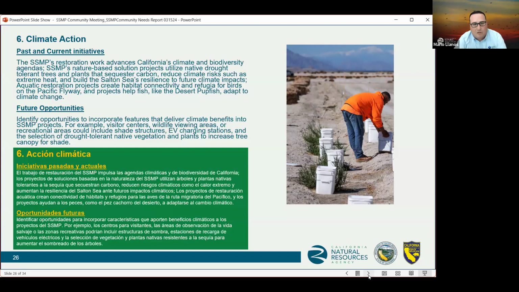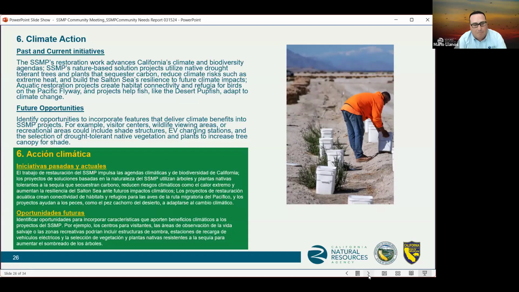Future opportunities include identifying opportunities to incorporate features that deliver climate benefits into SSMP projects. For example, visitor centers, wildlife viewing areas, or recreational areas that could include shade structures, EV charging stations, and a selection of drought-tolerant native vegetation and plants to increase tree canopy for shade and sequester carbon.